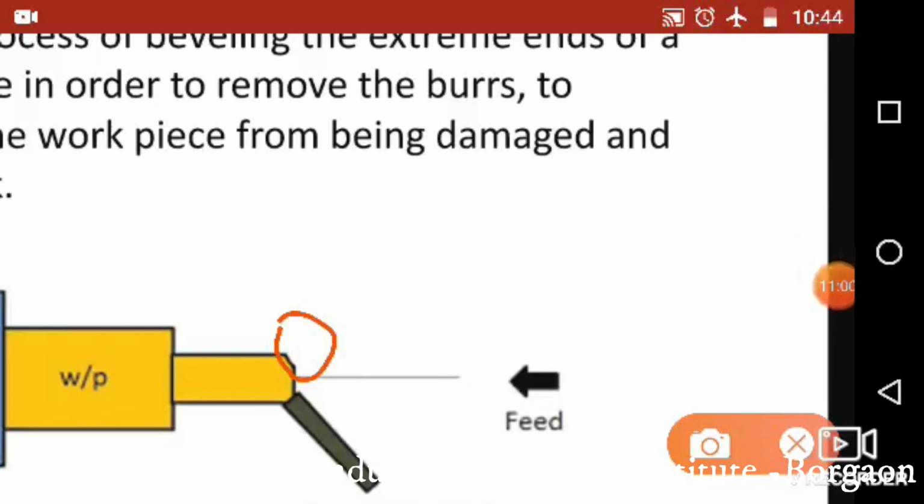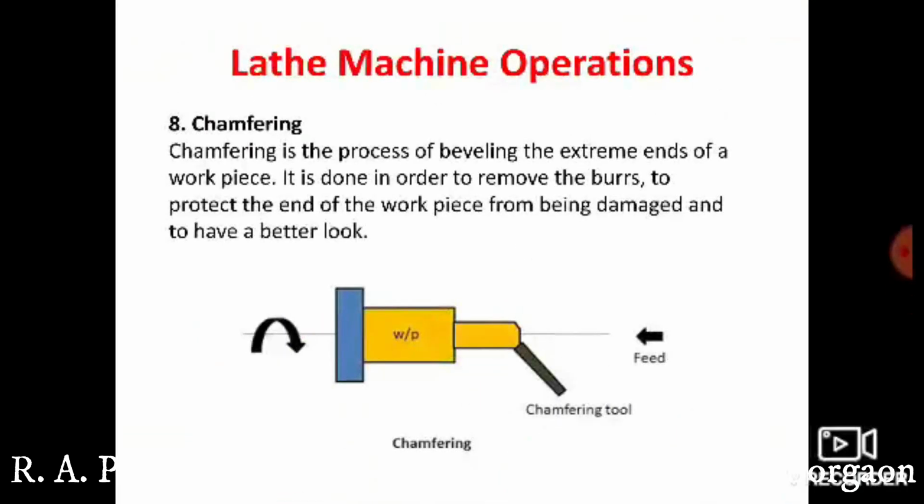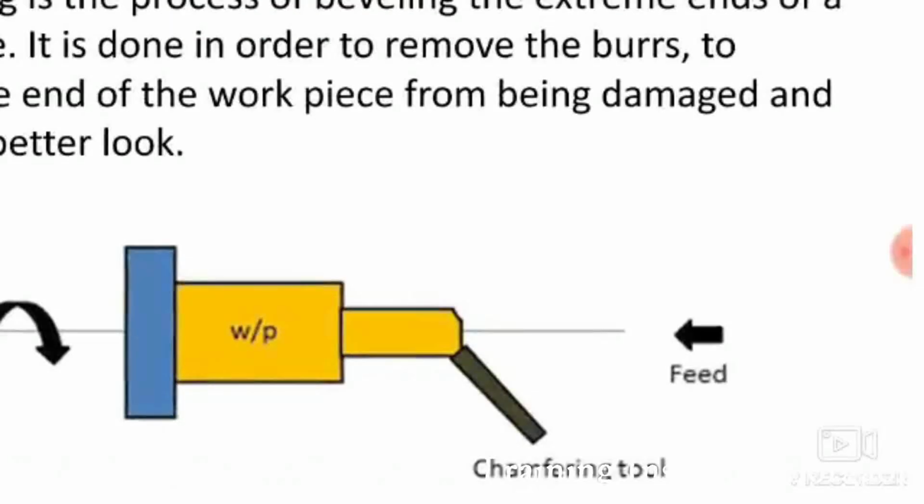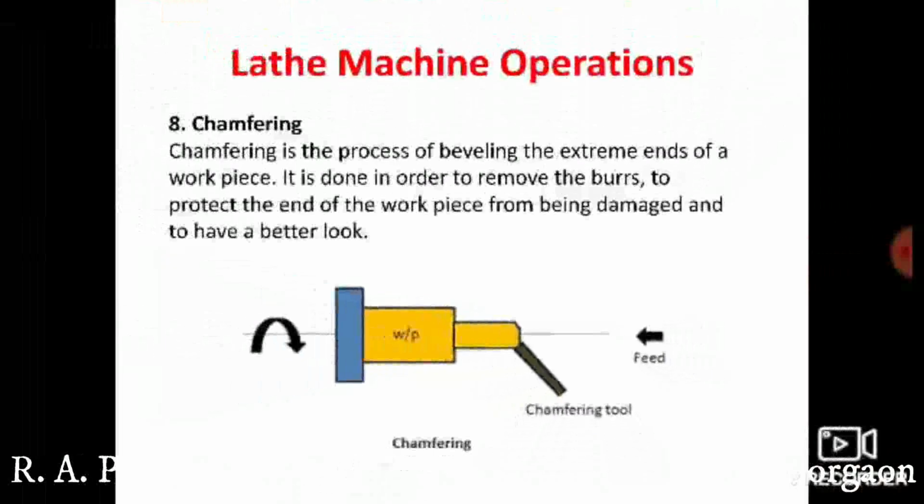If the material has a sharp edge, then there is a lot of chance of breakage. In order to remove those chances of breakage, we have to remove the material over the edges, and that can be removed with the help of a chamfering tool. Here you can see a chamfering tool is used to remove the material over the edges. Sharp edges may also cause damage while handling. So your workpiece should not have any sharp edges, and sharp edges can be removed during the chamfering operation. This diagram is showing the chamfering operation.